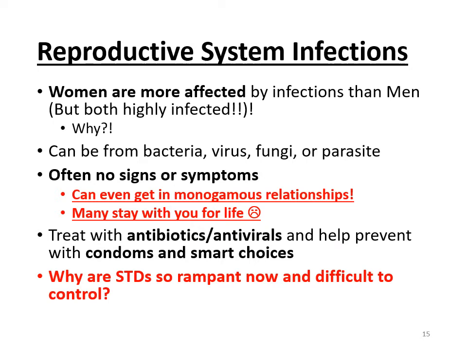Okay? The other big problem of why they're so rampant is what I was just talking about, the fact that not all of the people suffering from these infections show symptoms. Okay? A lot of women are actually asymptomatic when they transfer to their partners, meaning they're not showing any infections. You can get herpes, for instance, from someone who's not showing any sores at the time.